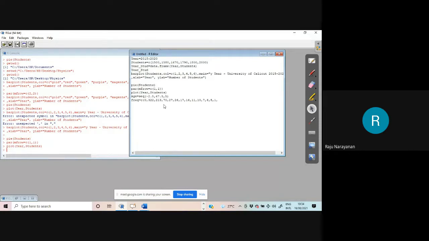Is it clear? Numbers clear? Yes. Okay. Then you can do plot.